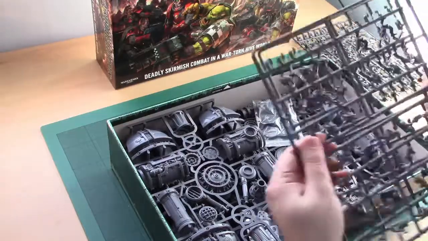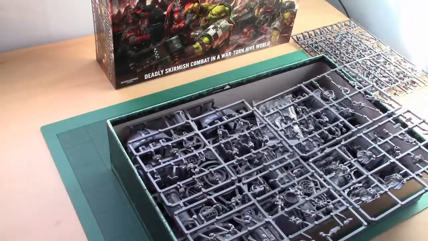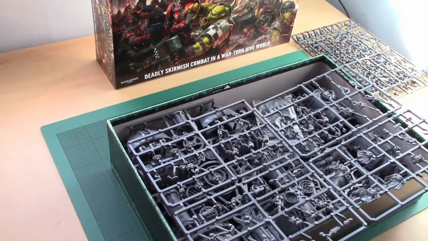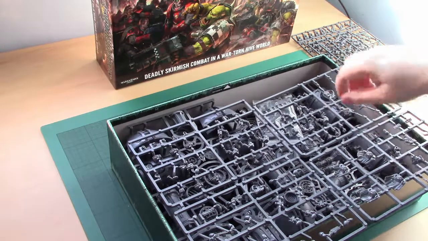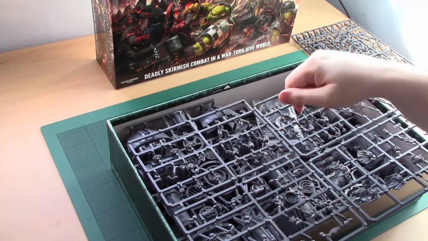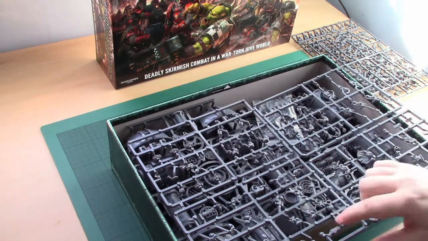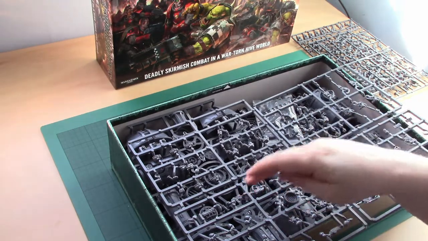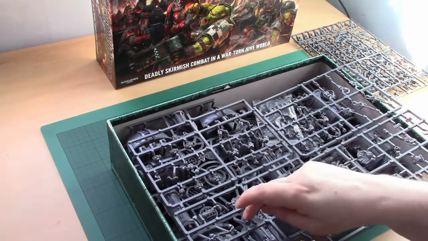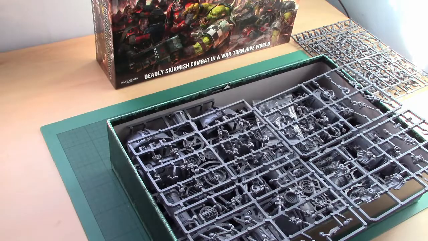Space Marine sprues. You've got the Sniper Scouts and the Bolter stroke shotgun stroke bolt pistol scouts. Between them you've got a heavy bolter and a missile launcher. You've got 5 sniper rifles, 1, 2, there's the rest of them, 3, 4 bolters, 1, 2, 3, 4 shotguns, 5 bolt pistols, spare bolt pistol, chainsword, 4 close combat weapons,